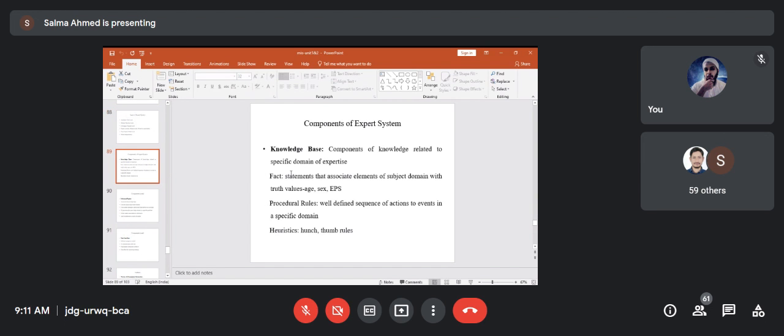Now, there are three components of an expert system. One is a knowledge base, second is an inference engine, and third is a user interface. Knowledge base is that component which holds the knowledge, which has tapped the knowledge of an individual. So it is one component of knowledge related to any specific domain of expertise. And here the knowledge base is further divided into small components like facts, for which there are no two opinions. So we talk of that case, MYCIN, when it interacts, they ask you questions like, which part